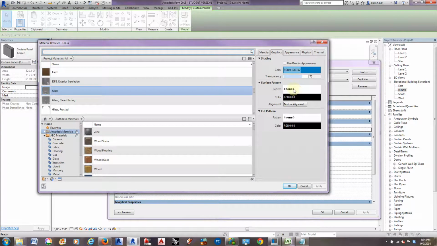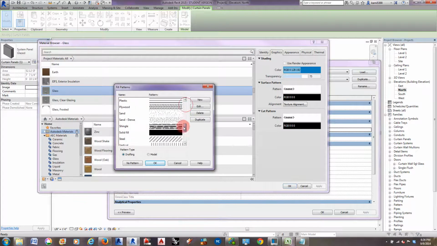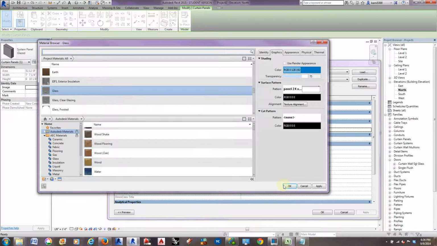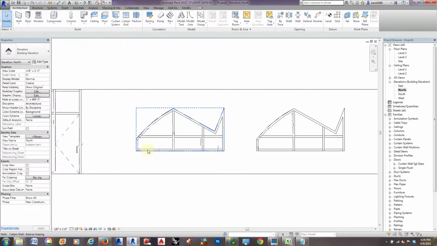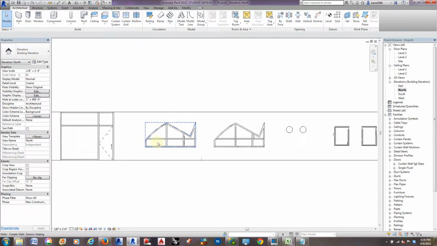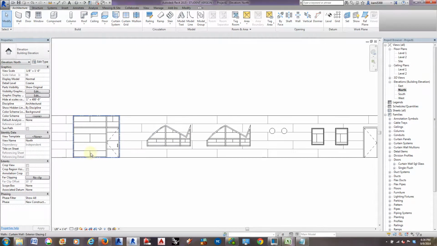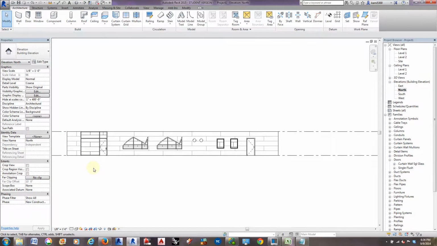to that glass. So if you wanted to see like an etching or something in it, you could apply your same custom pattern. I'm just going to apply the one that we made to it. But so now that pattern's imprinted in the glazing. So like maybe you have